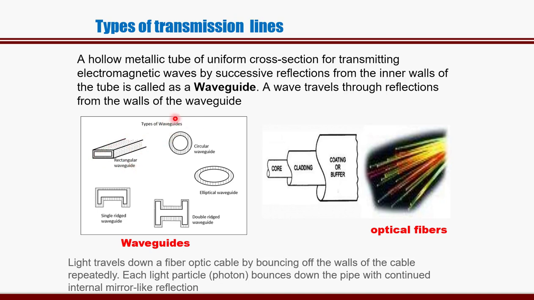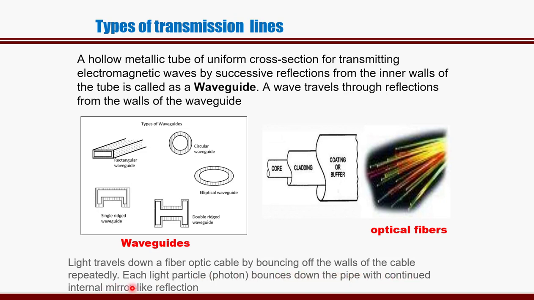from one end to the other end. So it is known as a waveguide. The wave travels through reflection from the walls of the waveguide. Okay, and fiber optics we have already shown earlier. So waveguides and optical fibers, these transmission lines are used to transmit signals of very high frequencies, which are above several gigahertz. In optical fibers, light waves travel through the optical fiber cable by bouncing off the walls